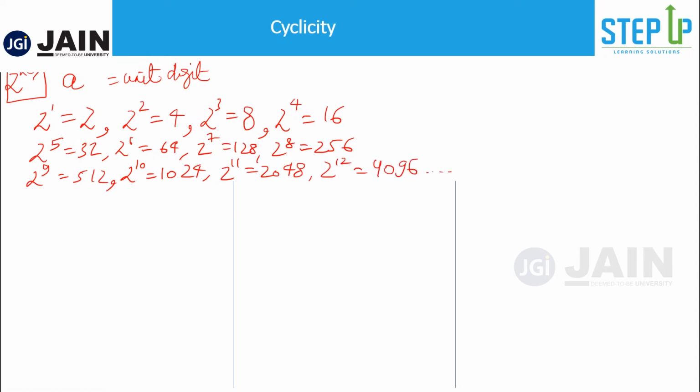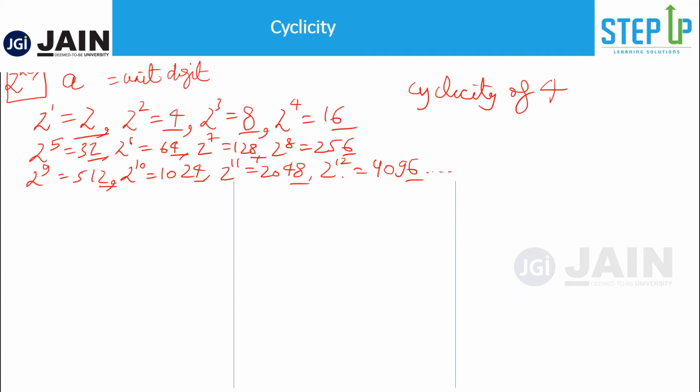So what I'm trying to show by this example is that if you notice the number 2 and its subsequent powers, the last digits are 2, 4, 8, 6. Just focus on the last digit. 2 to the power 5 also is 32, 2, 4, 8, 6. Next 4 powers 2, 4, 8, 6. That means you can see that there is a cyclicity of 4 when it comes to powers of 2. So if you were to find out 2 to the power 20, what would that be?